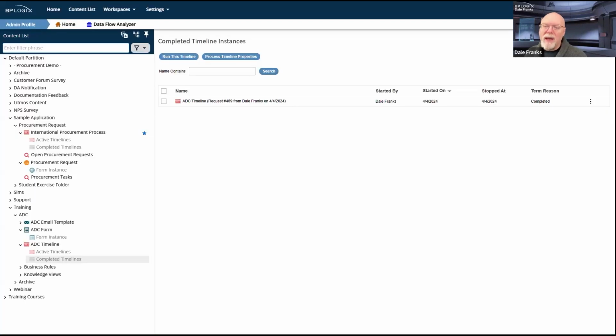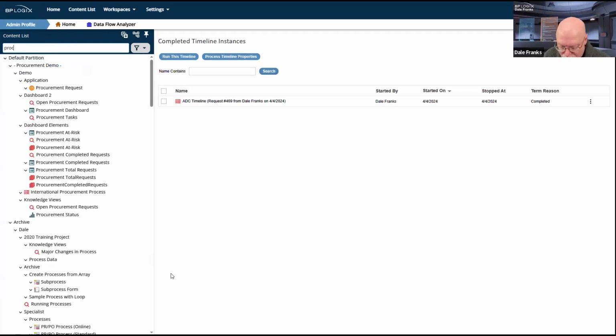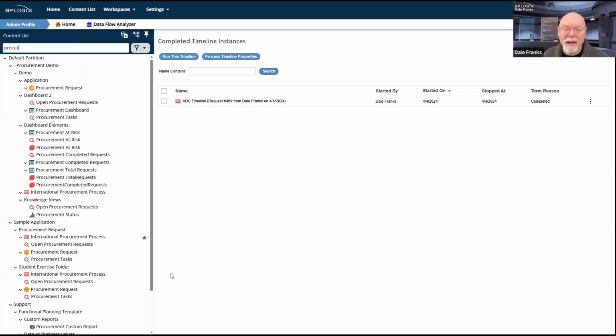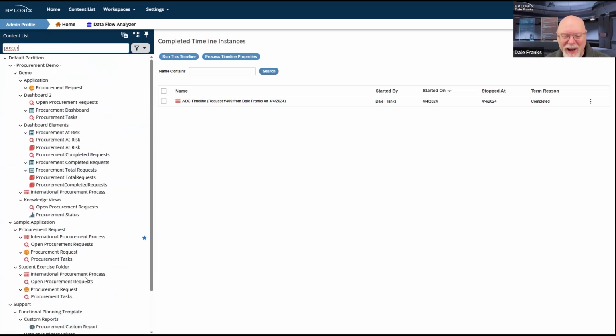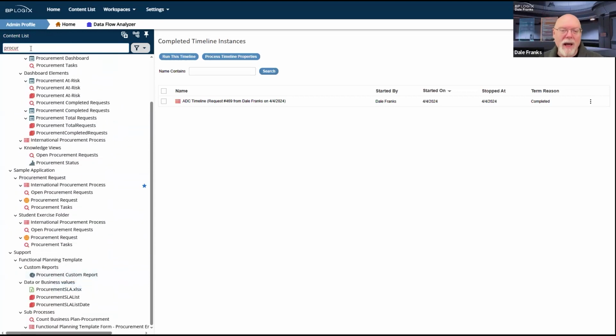For example, if I don't enter a search phrase, then I can filter what I want. Let me show you what I mean, and let me start by entering a filter phrase. Since I've got a sample, let's just use PROCUR, the first part of the word procure. And I have more procurement objects than I thought I had on this system. But as you can see, I have quite a lot of objects that match the name procure.